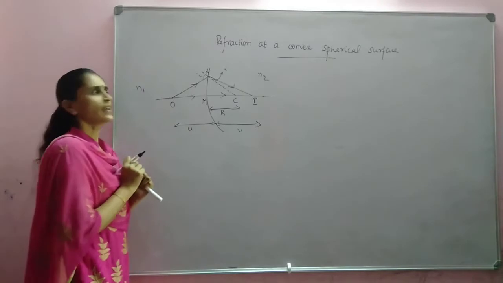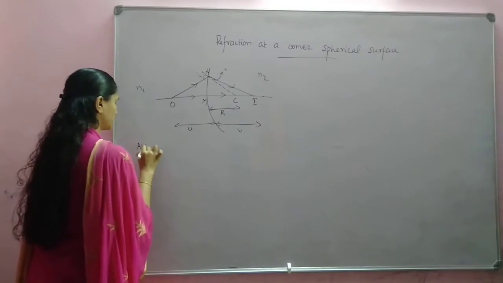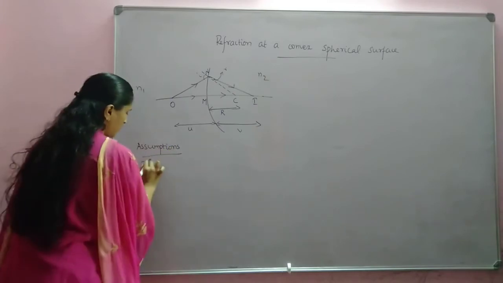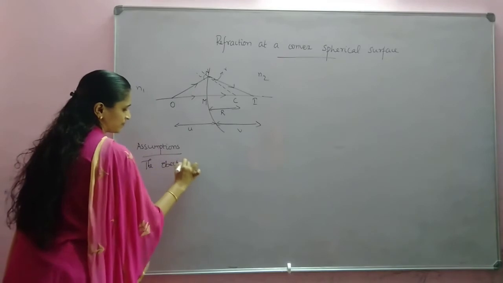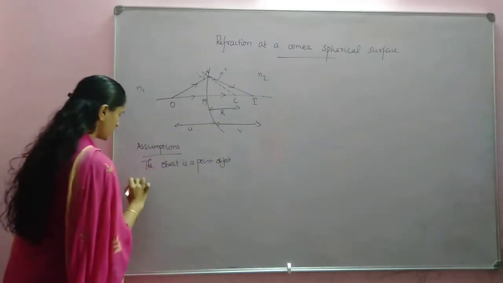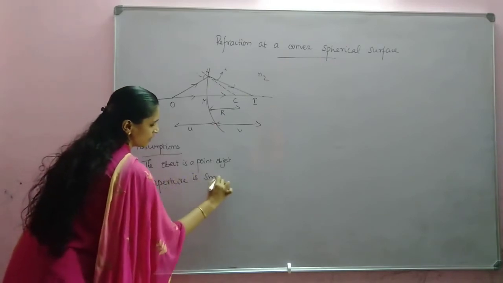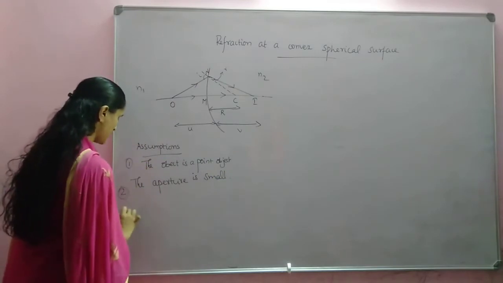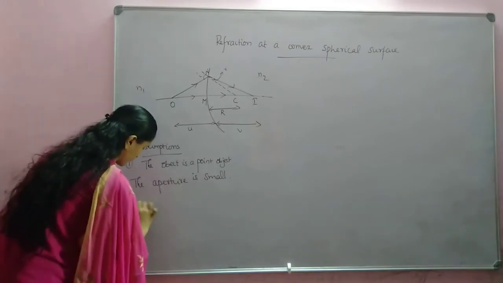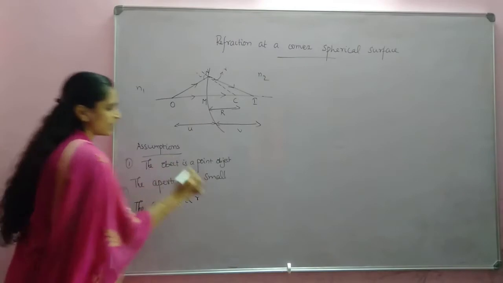Now we are considering some assumptions. Which are the assumptions? The object is a point object. The aperture of the spherical surface is very small. And third, the angles are small, the angles I and R, all angles are small,